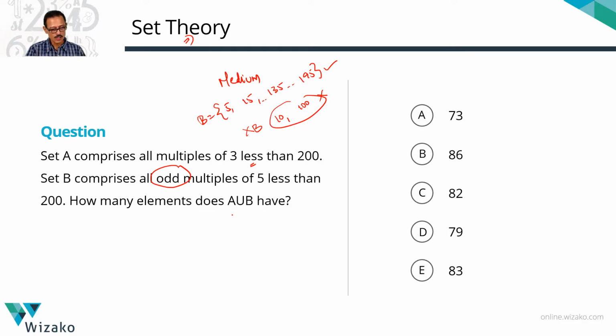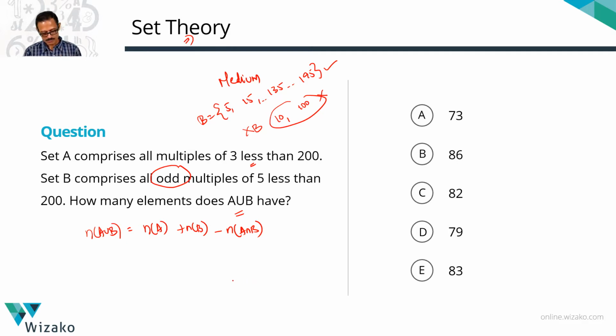What we need to find out is how many elements does set A union B have? You know the formula for n of A union B. N of A union B is equal to n of A plus n of B minus n of A intersection B. So as step 1, let's find out n of A. Let's find out n of B. Let's also compute n of A intersection B. Once we have these three values, finding out n of A union B is basically adding 2 of these and subtracting 1 from it. That's pure arithmetic beyond that point.